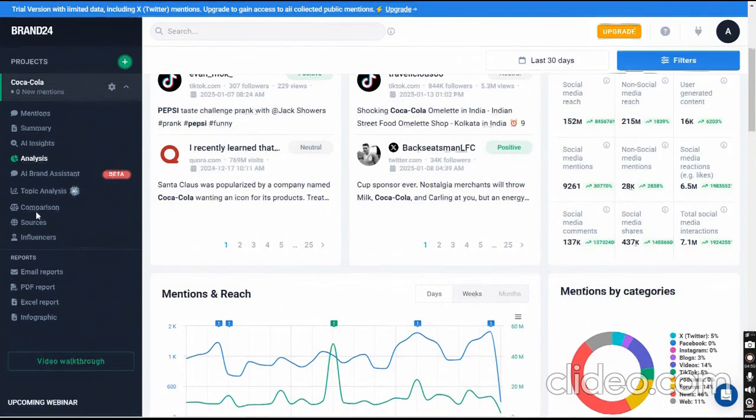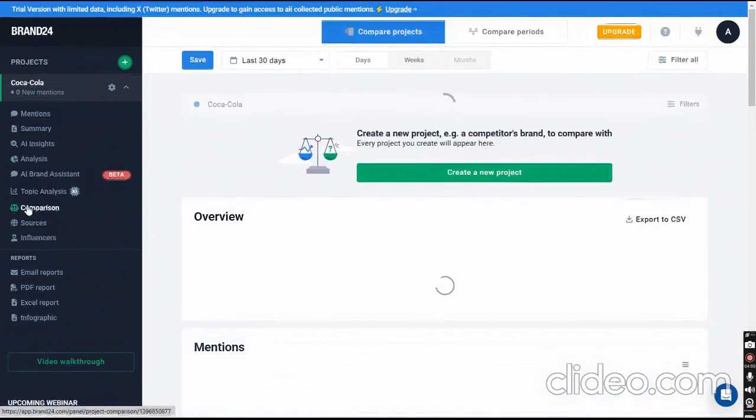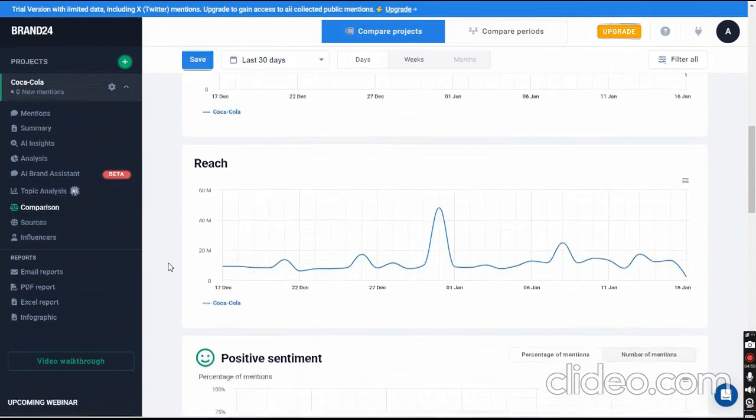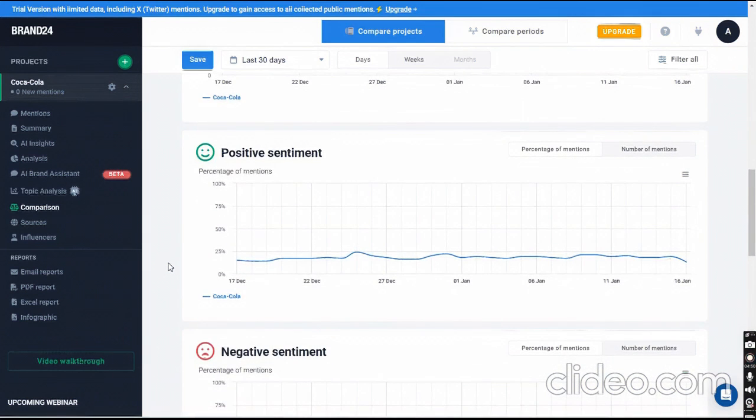In the comparison page, I would say that's where you can compare your brand to another brand, and you can see and understand how it is helpful. So as you can see, Brands24 is a great website